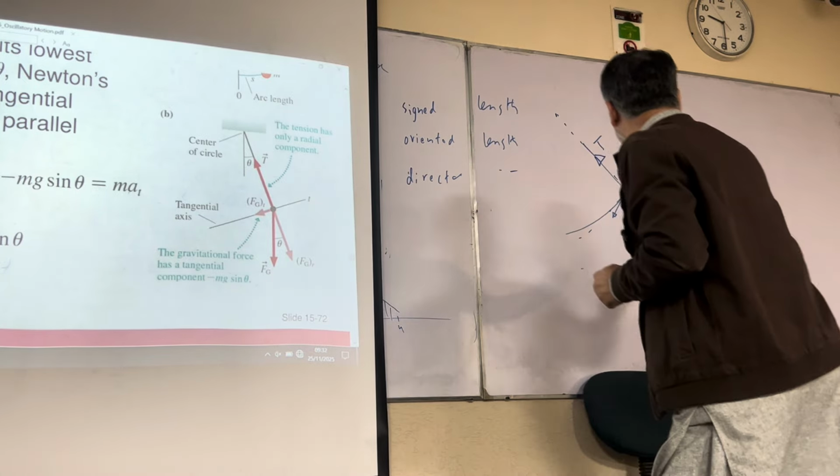क्योंकि we want this angle to be positive. अगर आप ये पॉजिटिव करना चाहते हैं फिर वो थीटा नेगेटिव हो जाएगा. ठीक है, फिर आपको ये पूरा डायग्राम इस साइड पे करना पड़ेगा. So is this clear now? Minus mg sin theta. Minus is because of the coordinates, sin theta is because of this angle and this angle